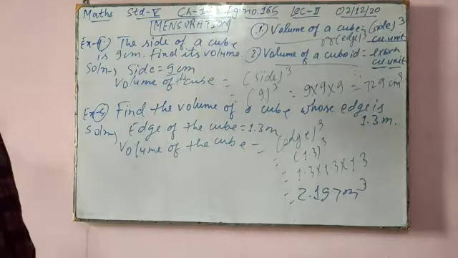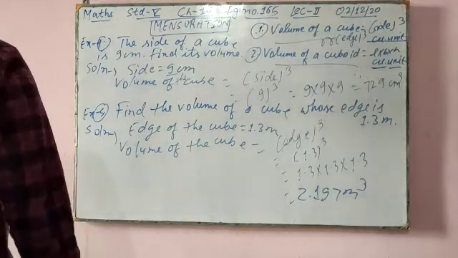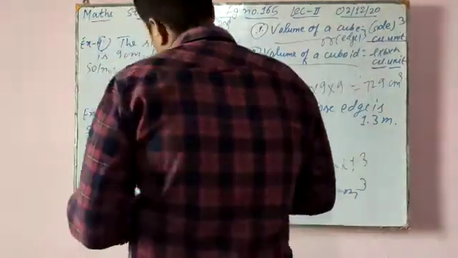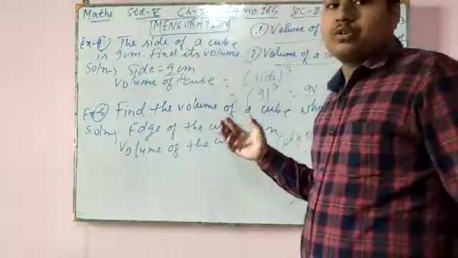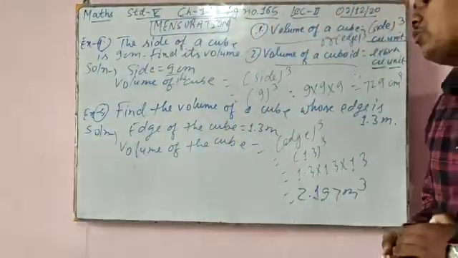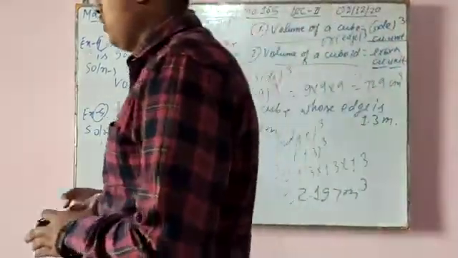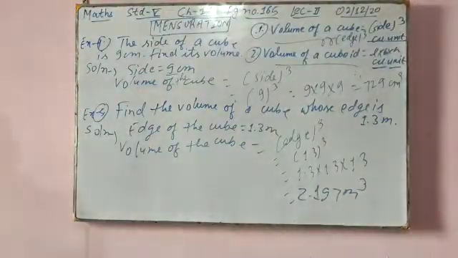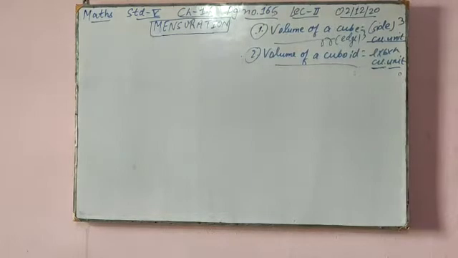Okay. Now after that, I will move to the last example, example number 6, and with this, the portion which is based upon volume of cube will be completed. And with the help of this question, you can easily solve exercise 51. And after that, we will see the next chapter. Now I am going to explain example number 6.